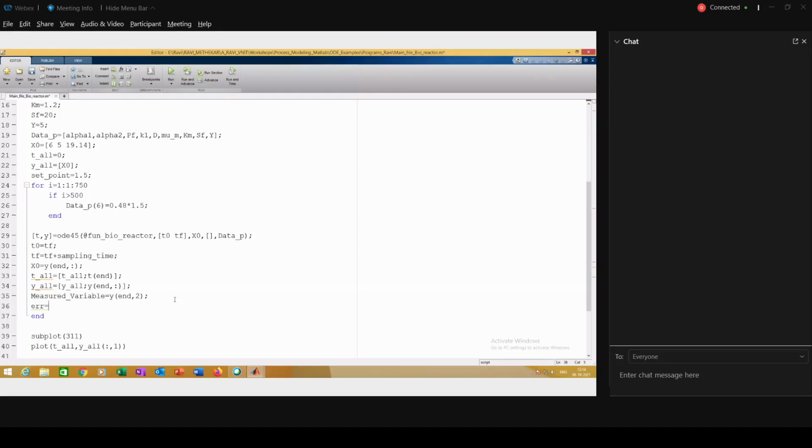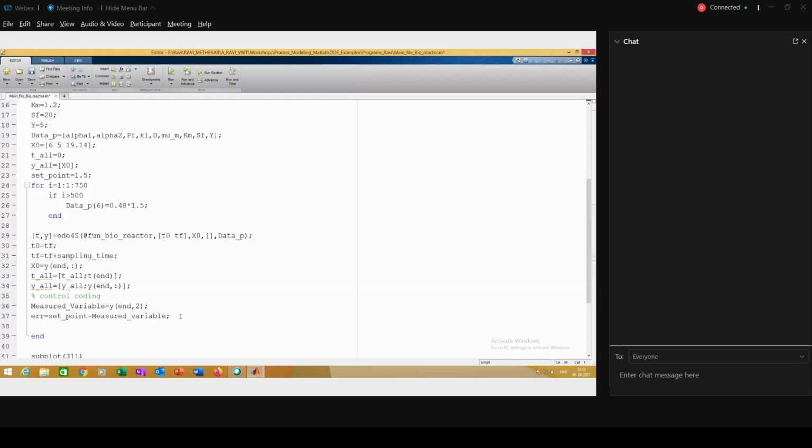Error is equal to my set point minus measured variable. So this is the control coding. I picked the measured variable, then I found out the error, set point minus my measured variable.